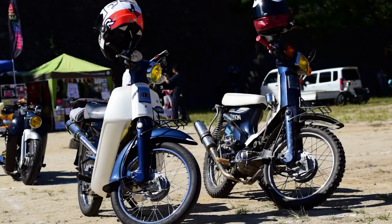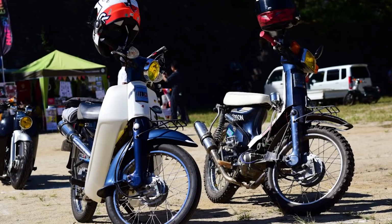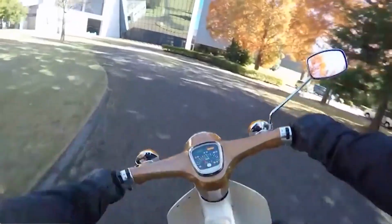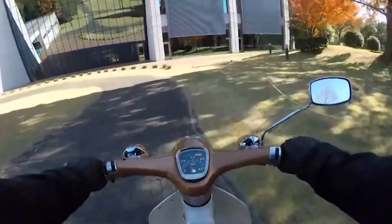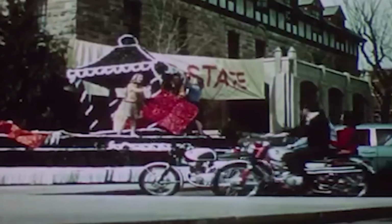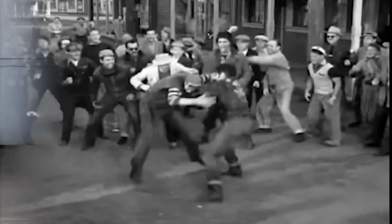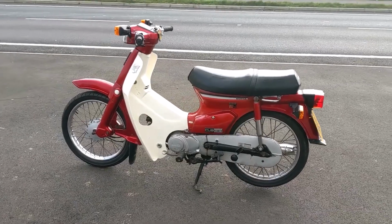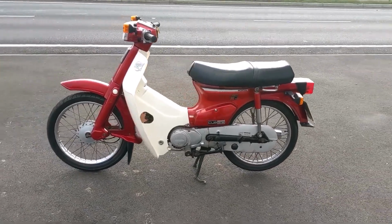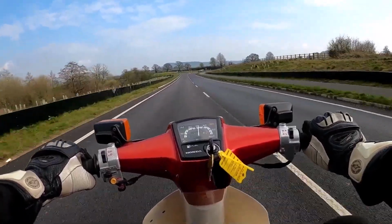One of its most overlooked strengths is global parts availability. No matter where you are, a fishing village in Vietnam, a mountain town in Colombia, or a city in Africa, you can find someone who can fix a Super Cub, often with locally made parts. Real-world stories of endurance are endless. In Southeast Asia, it's common to see 40-year-old Cubs still used daily for deliveries, hauling loads that would make a scooter cry. In Japan, some original 1960s Cubs are still owned by the same families,